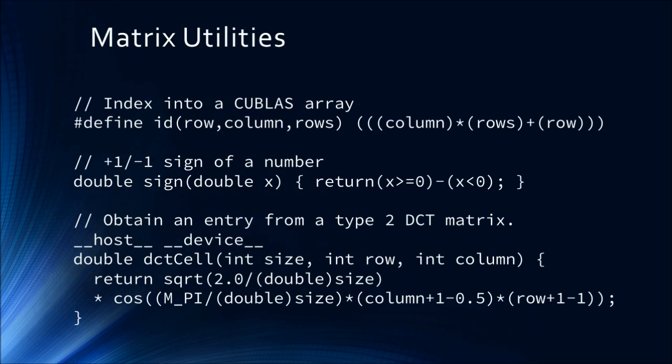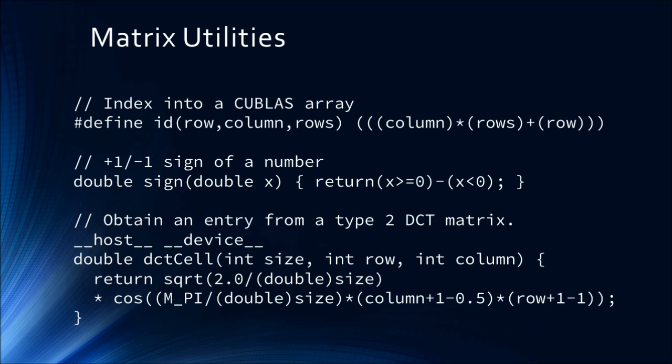So I need a few other little routines to make this friendly to use. You remember I told you this is stored Fortran style. So we use this little macro here: what row, what column, and how many rows are in your matrix, to give you an index. Compressed sensing needs plus and minus ones a lot. Coin flips. 50-50 coin flips. Not plus 1, 0, or minus 1. Just plus or minus 1 coin flips. So we use sign quite a bit. And then the math to get a single cell in a DCT matrix is pretty straightforward here. So you could fill a whole matrix, admittedly with some overhead, with this function.